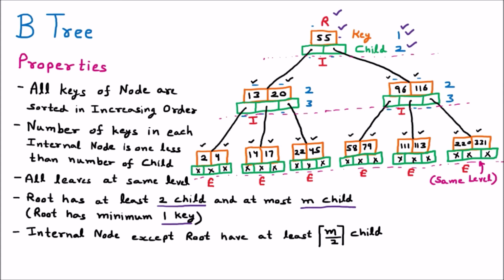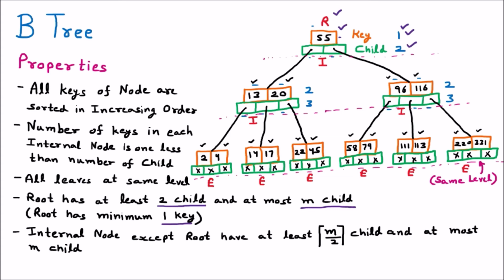And obviously they have at least ⌈m/2⌉ children, and we know that at most m children. This at most property every node has to follow, because if we have an m order tree, then obviously the maximum children will be m. Either it is the root node or any other node, the maximum children can be m. But talking about the root, it should have a minimum of 2 children. And if you are talking about the internal node, it should have at least ⌈m/2⌉ children. Now in many of the books you will find another definition.